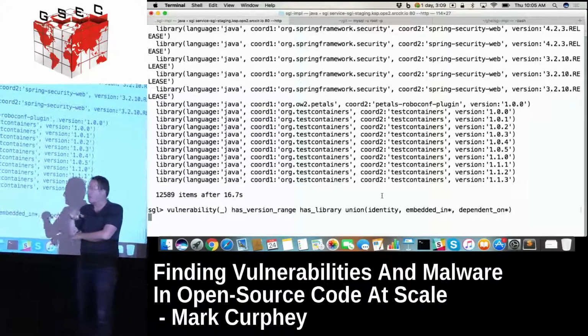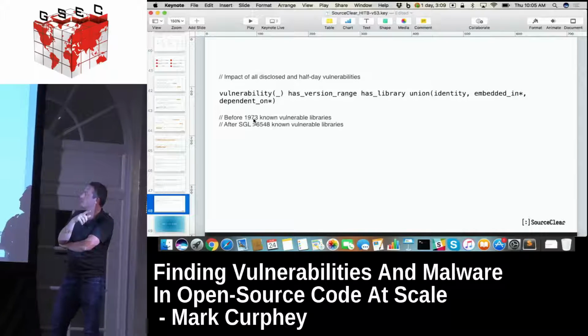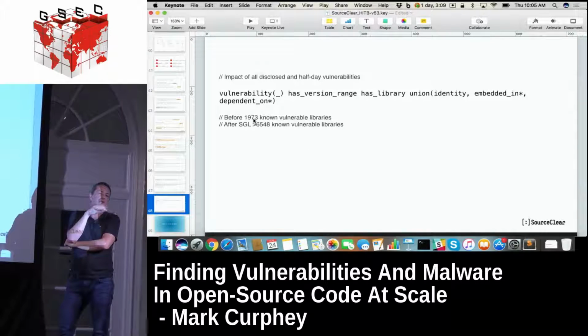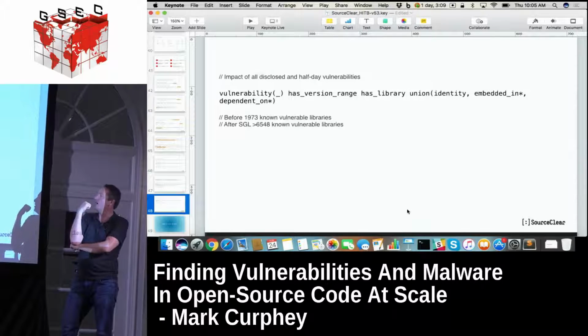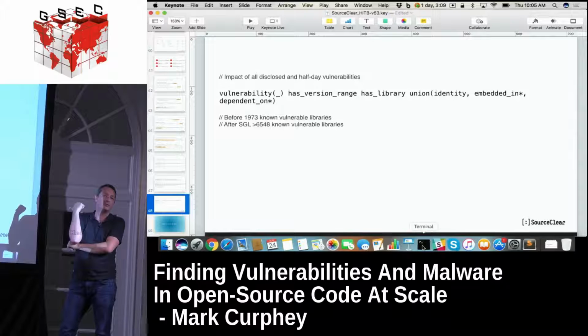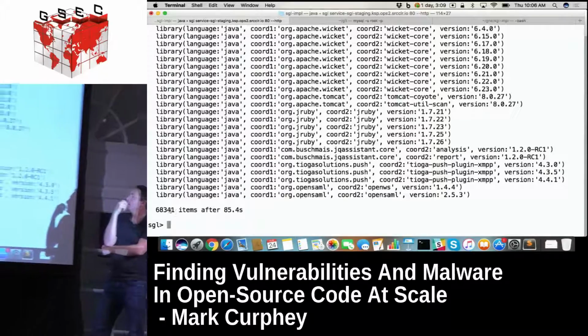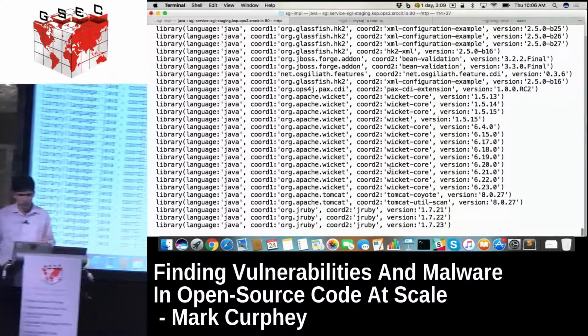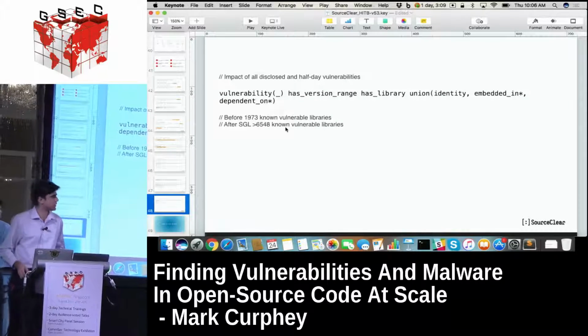But what Asanki showed on the other thing is the stats. Of the CVEs in those Java ecosystems, there are today nearly 2,000 known vulnerable libraries. But actually through this, we know that there are over 6,000 vulnerable libraries. That's 3 times more than the current known stuff today, even before looking at all of that other stuff. So if you're interested in finding out, there you go. So let's finish it. There are 68,341 versions, and then we looked into it, and we found there are more than 6,500 unique libraries.